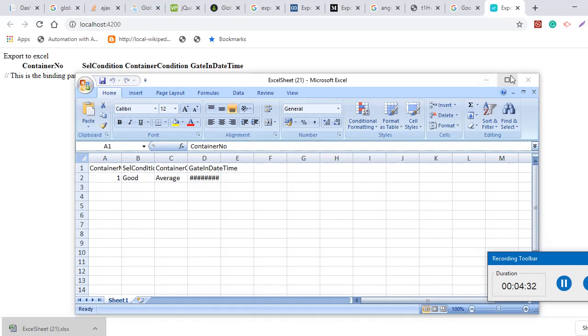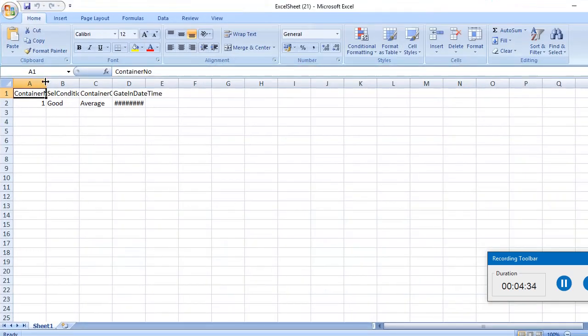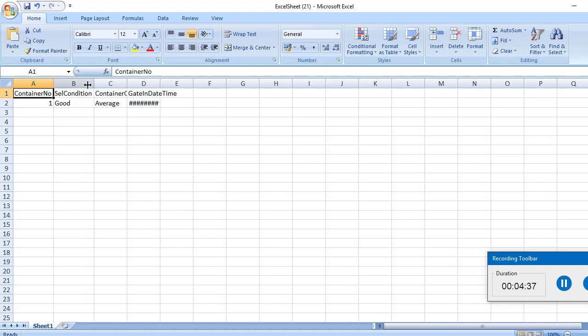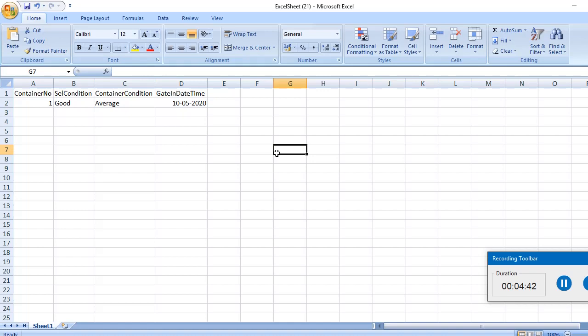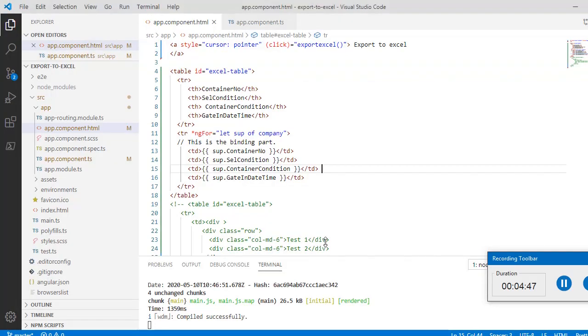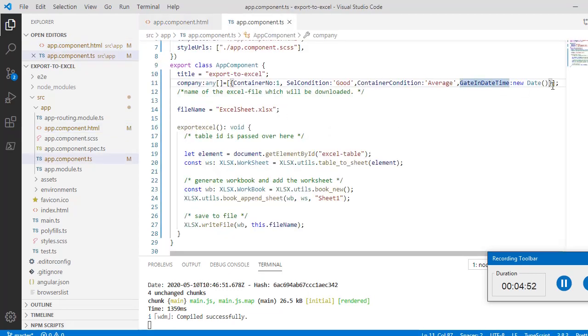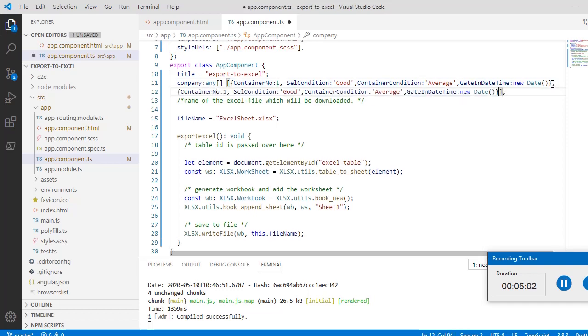Yes, you can see that there is container number, cell condition, and this. And also you can export your data in an easy way. Like if I want to make another array, I just need to take this part for an example and write here, container number is 2, with a new date.